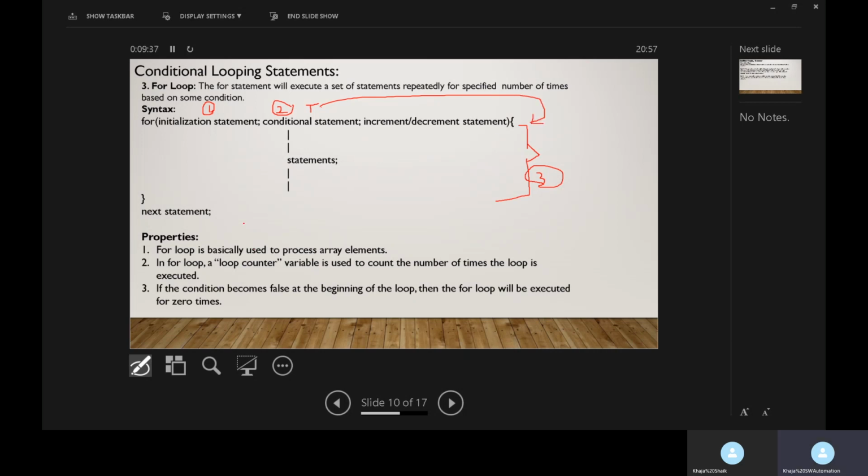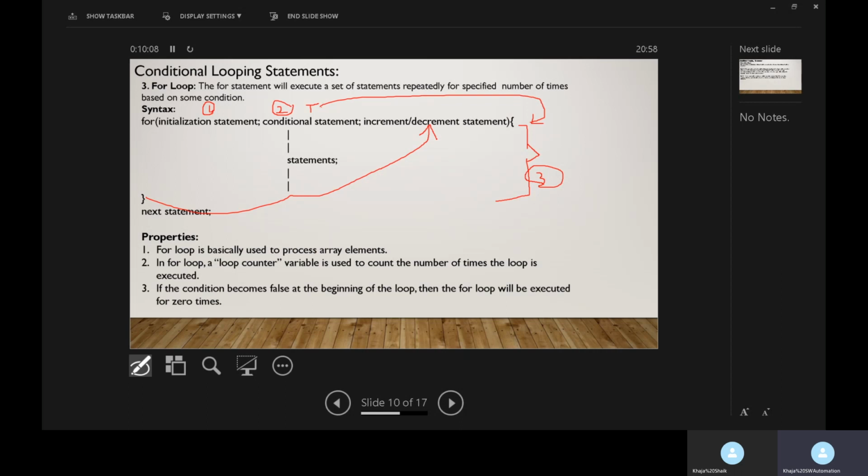After executing the last statement in the for loop, at the end of the loop, the increment or decrement statement will be executed.